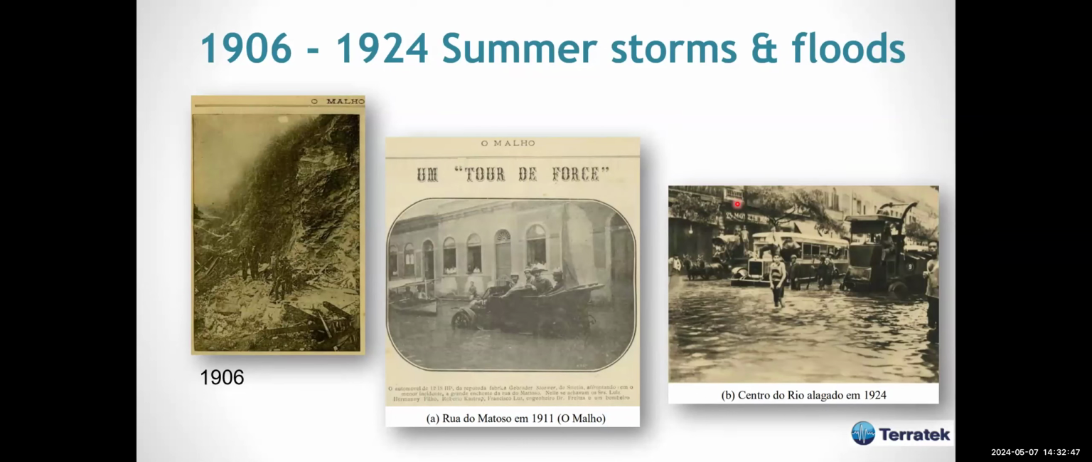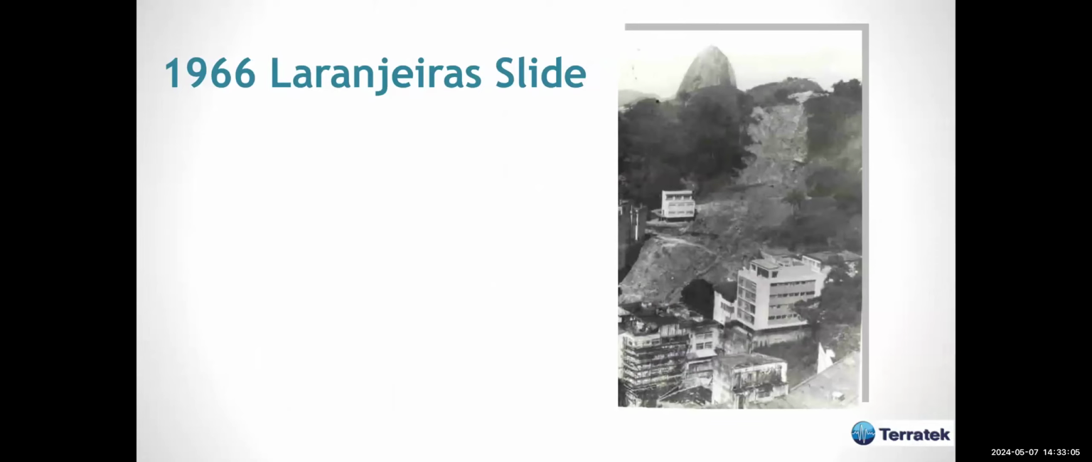From 1906 to 1924, we have lots of records. For instance, this was the Central Rio flooded in 1924, this 1911, this 1906. We have found lots of references about slope instability and floods. And then